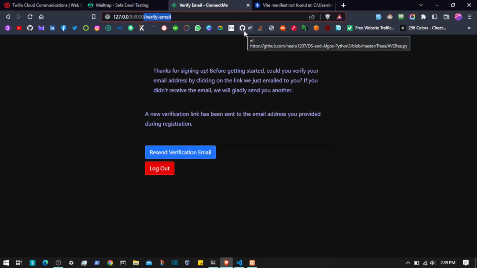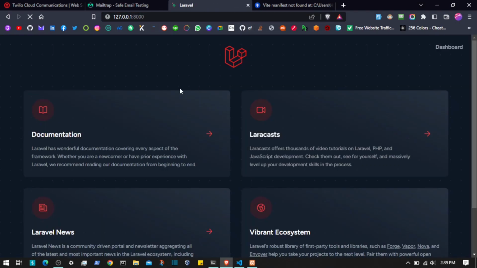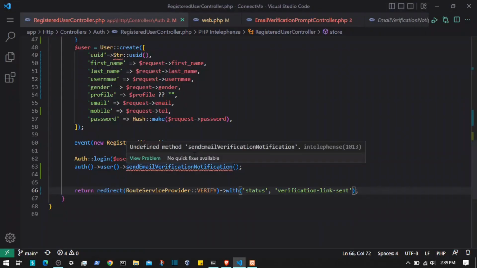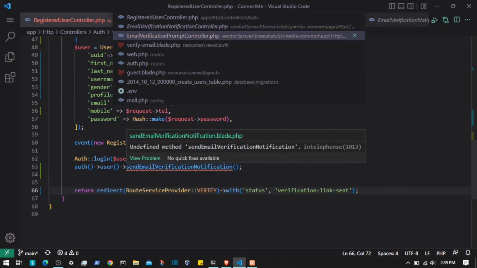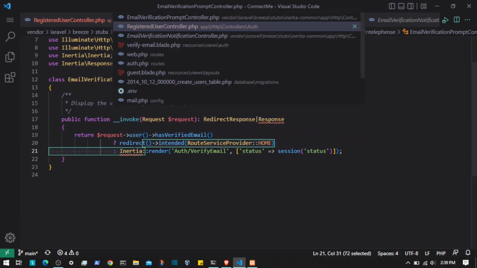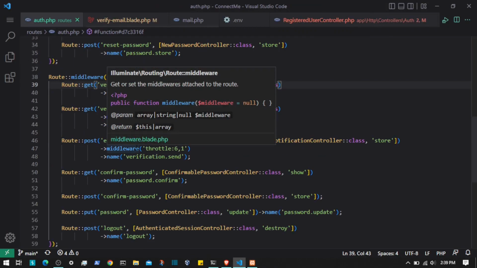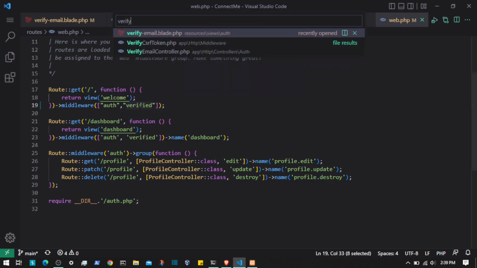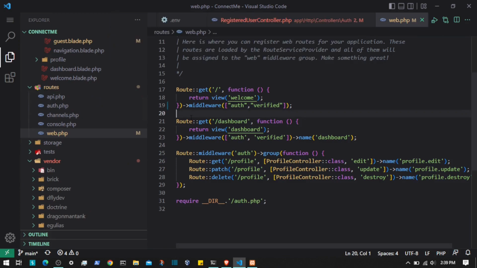But till then, I'm not verified, and I'm still able to access the dashboard, which is not good. I'm going to restrict the user so they should not be able to view the dashboard until they are verified. And if I go to verified